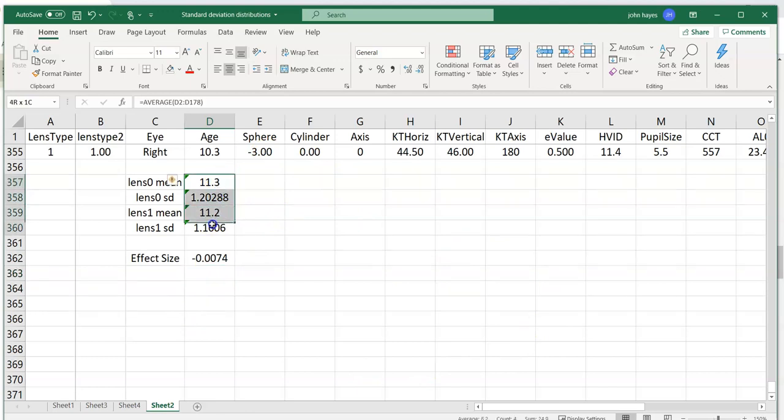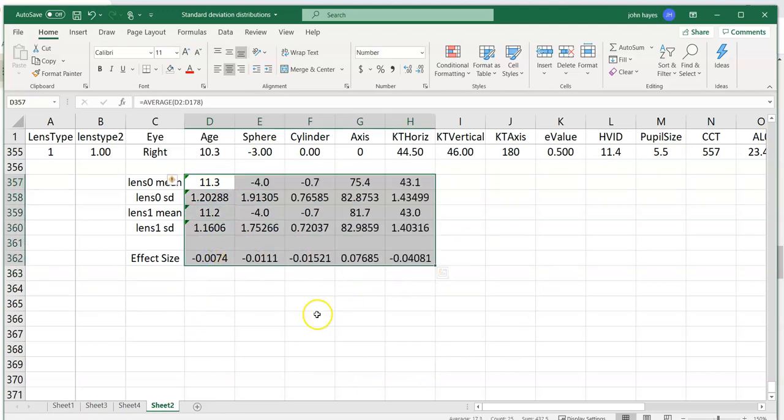Now, we could just do this for as long as we wanted to, and we would get the effect size and the means and standard deviations all the way down there. But that's no fun because we want to learn some new stuff. So let's leave those there, but let's